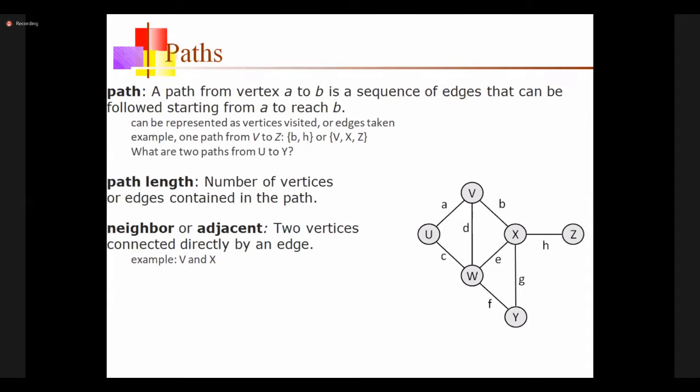From this we can understand what is adjacent. Adjacent is nothing but neighbor. Look at the diagram. For V, the adjacent vertices are U and X, and W also, because V is directly connected to U, W and X. We can also draw an adjacency matrix for all the vertices. That is called adjacent, directly joined by an edge. If a vertex is directly joined to a particular vertex, that vertex is adjacent to it.